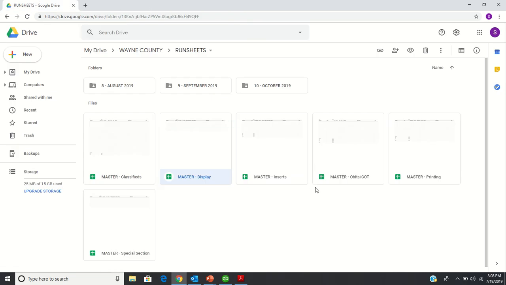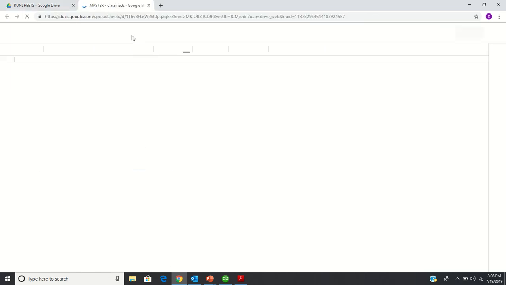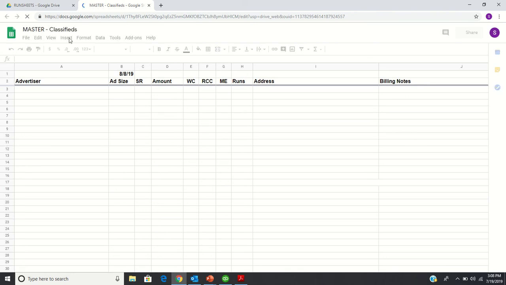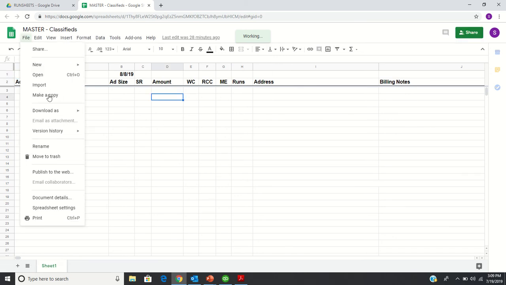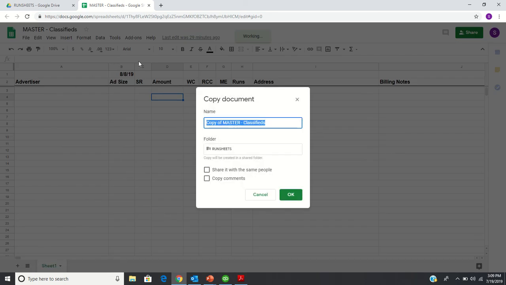And we can see that there are also multiple different run sheets. So that's just the display. We have basically a classifieds. So if we need to open up a classified, again, this is a master file. We want to make sure that we go to, and sometimes you have to give it a moment to load. Usually it's pretty quick. File, make a copy. Again, we will call this classifieds